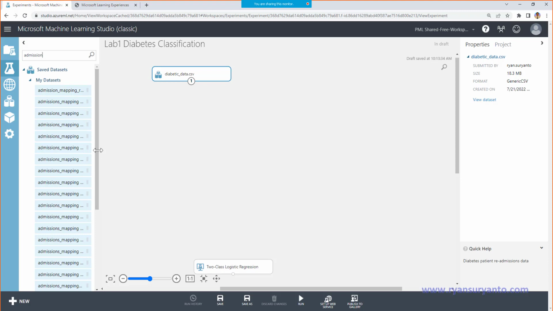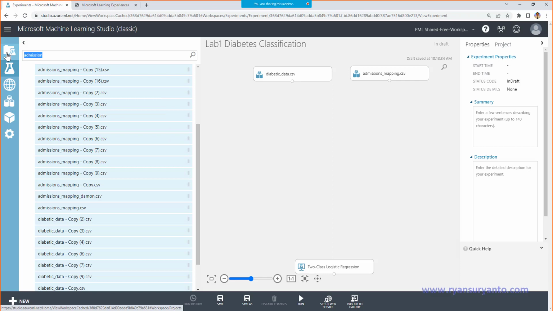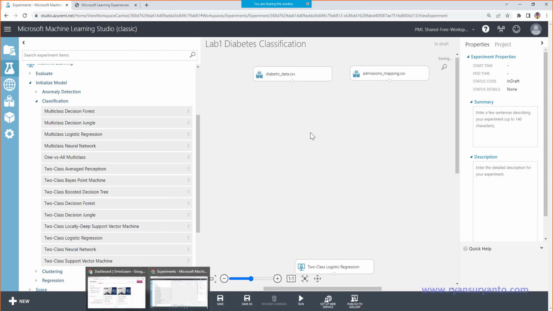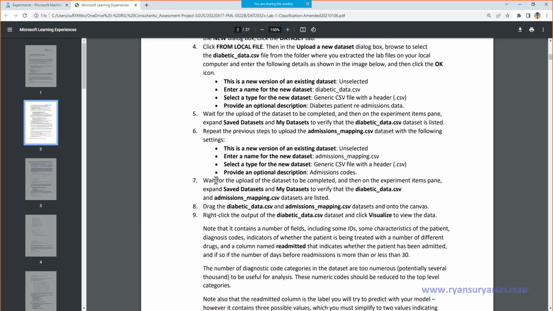Yep, this one. So the data upload and preparation to the canvas is done already, and then we go to the next step. We are already at number 7, number 8.